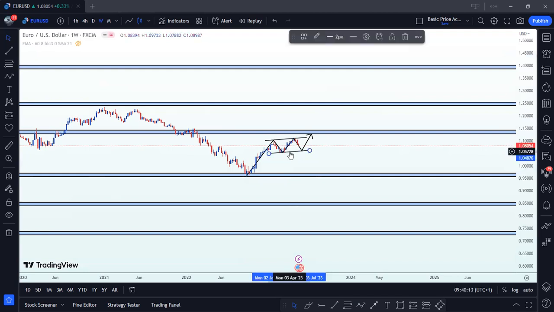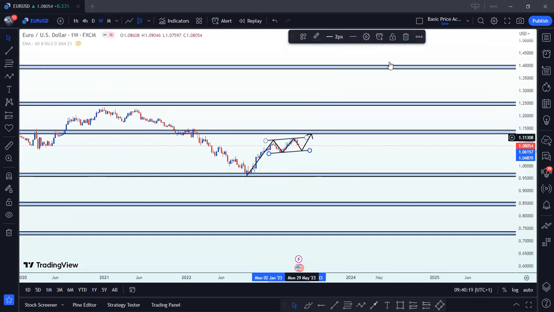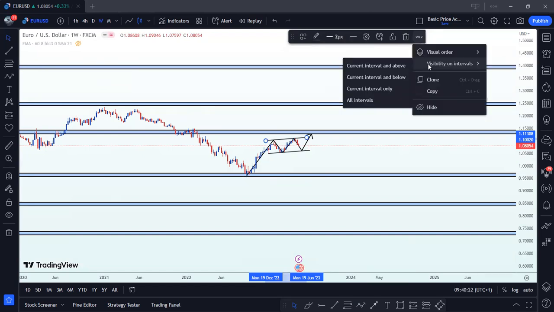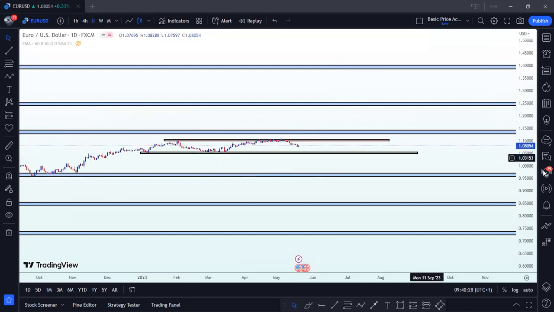Okay, so let me just make this fixed on the current time frame while I move to the lower time frame. Now, on the lower time frame,